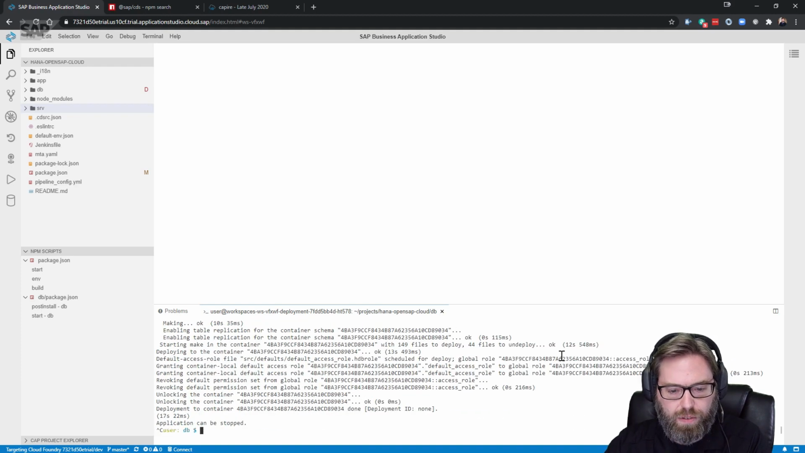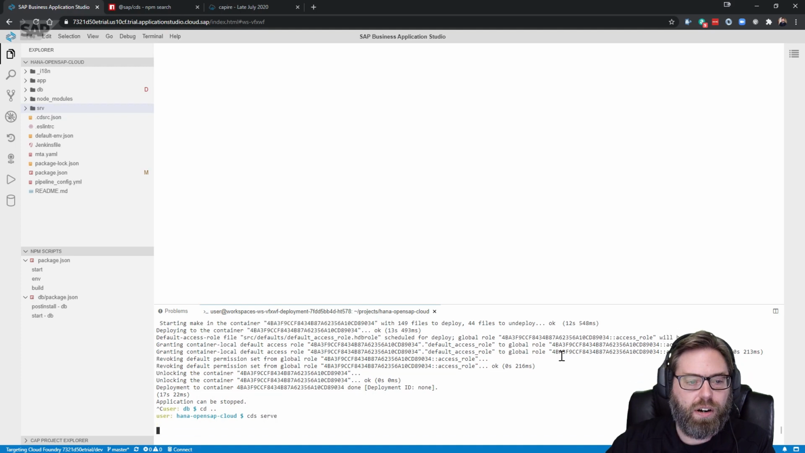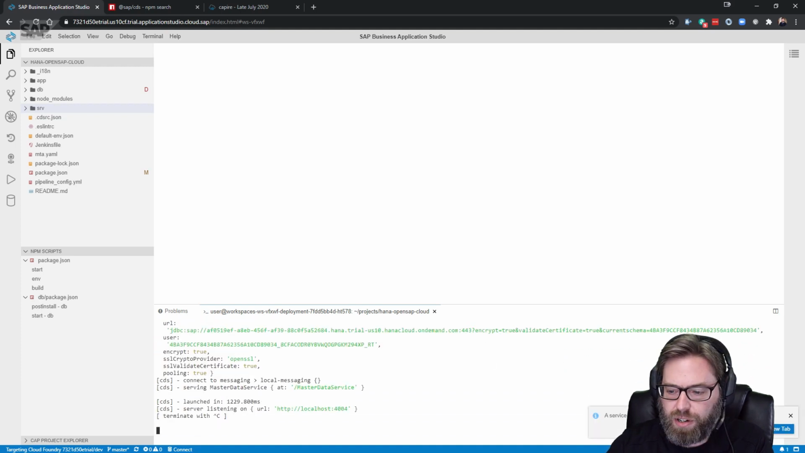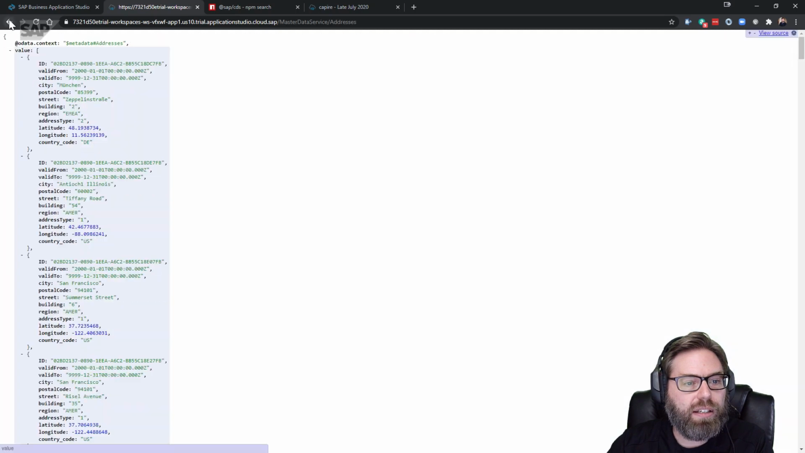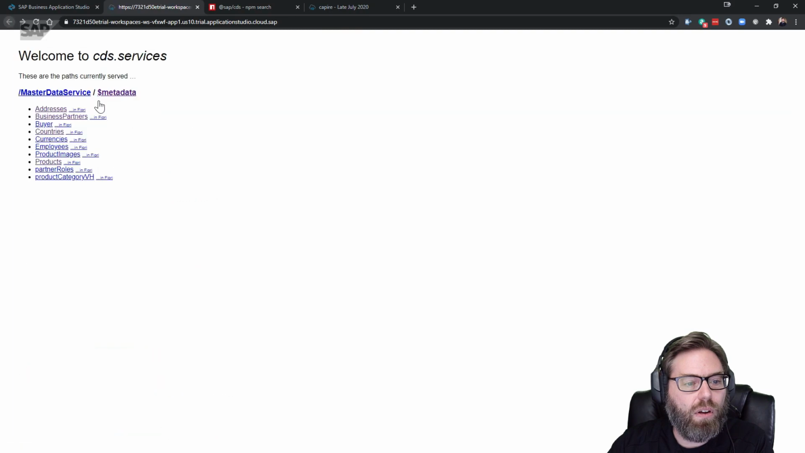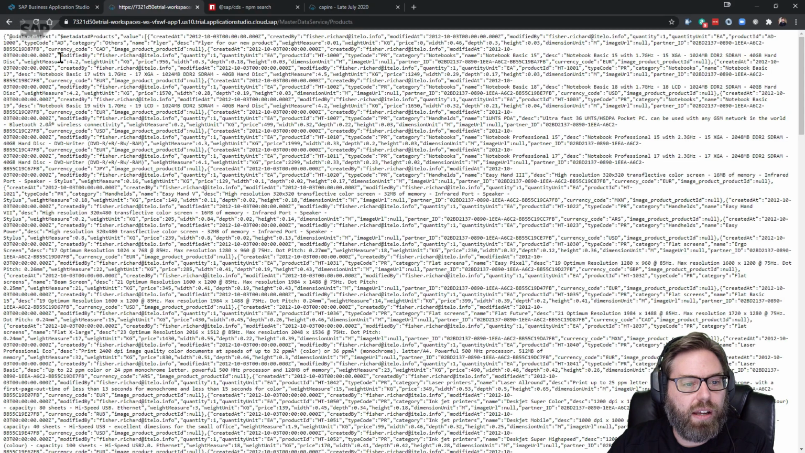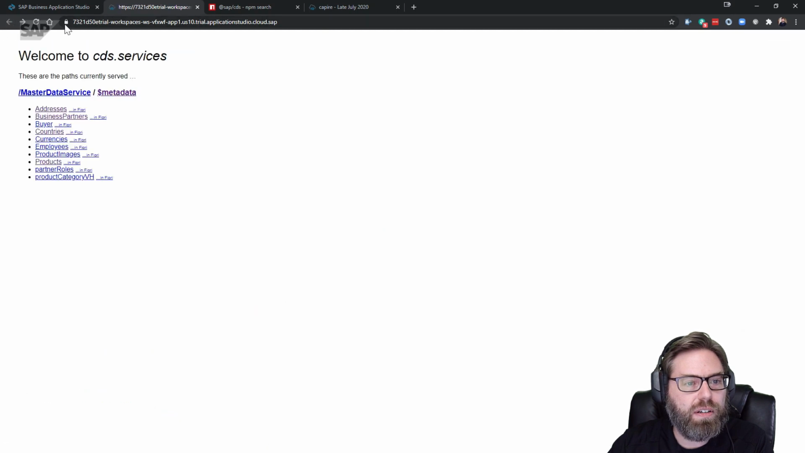Everything was sent over to the HANA database, and that should be good now. And just to test things out, let's do a CDS serve, so we can check our OData services as well. We'll open that in a new tab, and just like we saw before, now we can see our addresses, we can see our business partners. That all looks good. So I'd say that's a pretty successful switch over to the newest version. The only other thing that I want to do,